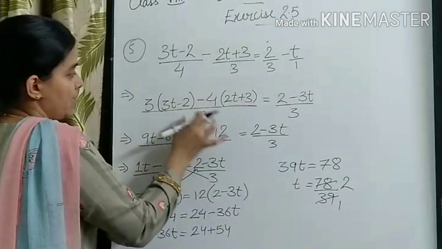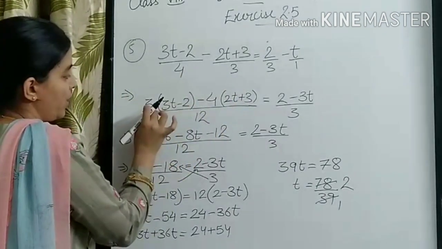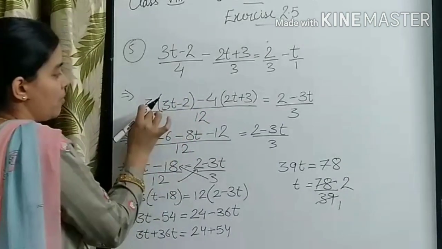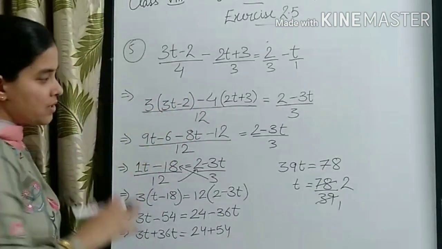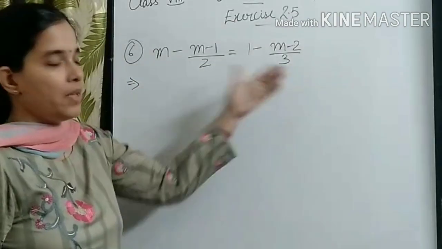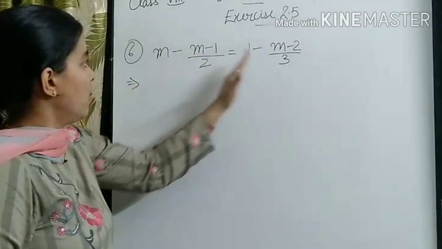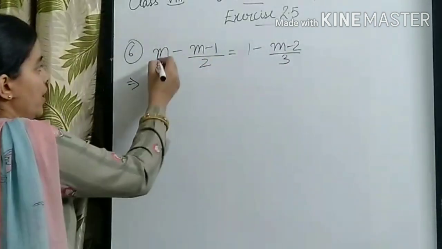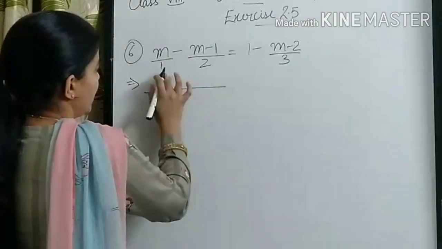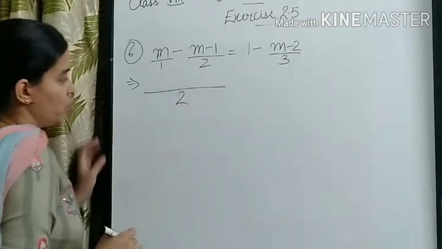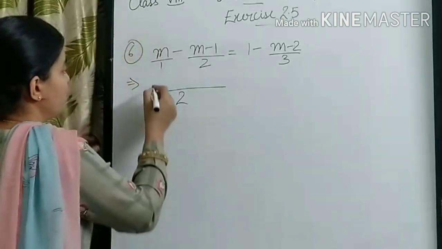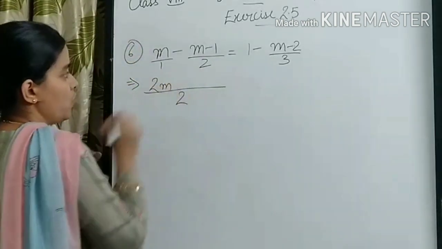Whenever you have to take LCM, always remember you have to multiply both the terms inside the bracket with the number which is outside. This thing we have learned from this question. They are not the single term, they are two terms on both the sides. So take the LCM. Here if nothing is there, that means we can write 1. So just take the LCM, it will come out to be 2. Now 1 2s are 2, m if you multiply it with 2, it will come out to be 2m.